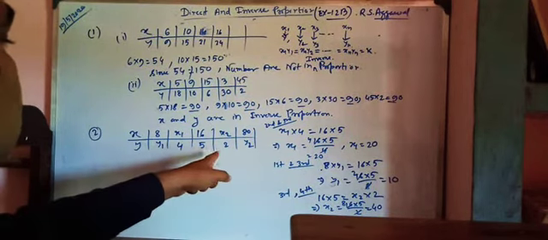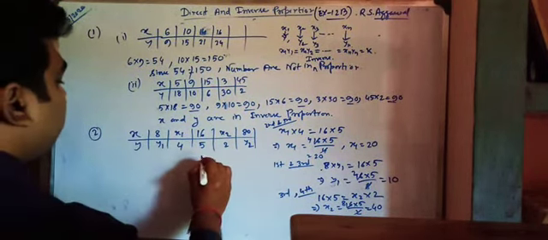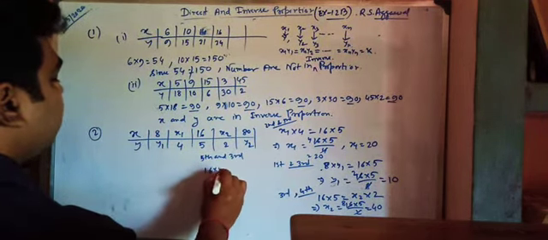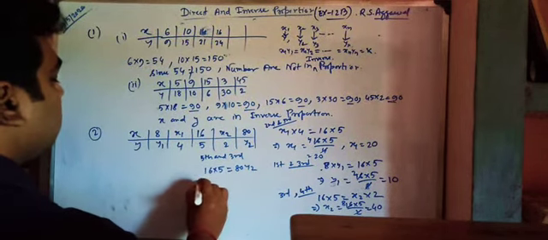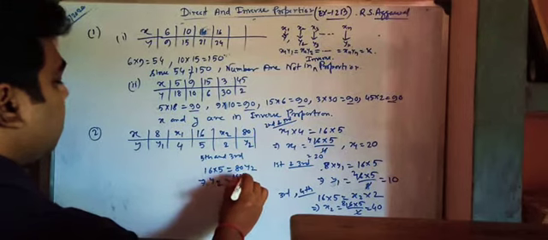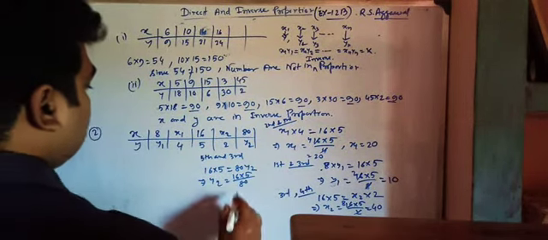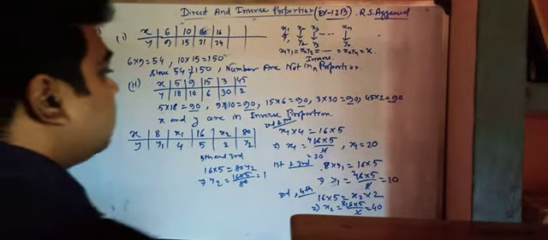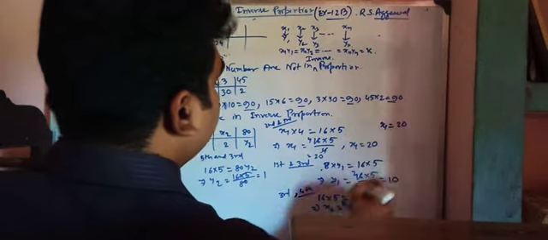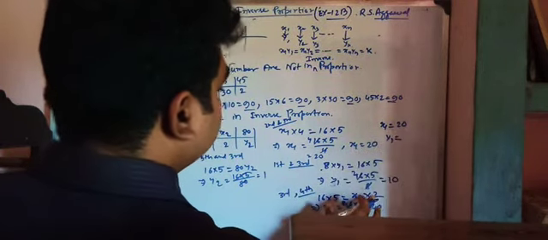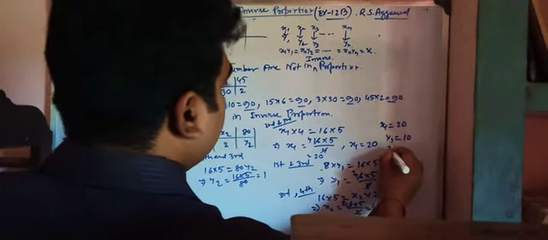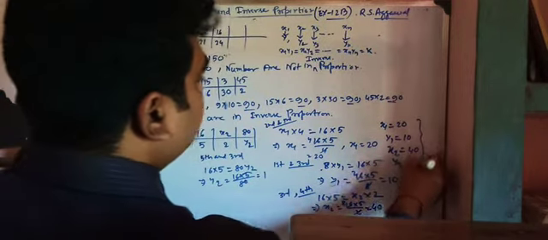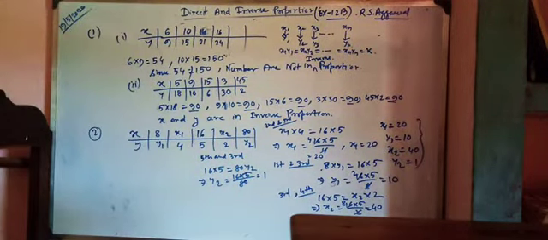Similarly, from fifth and third, what we are getting, 16 into 5 is equal to 80 y2. So y2 is equal to 16 into 5 by 80. That means 1. So we are getting the value of x1 is equal to 20, y1 is equal to 10, x2 is equal to 40, and y2 is equal to 1. So these are my answers. Hope you are understanding. Next, quickly move to another question.